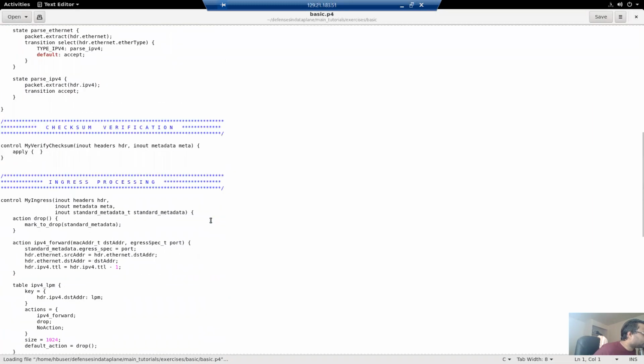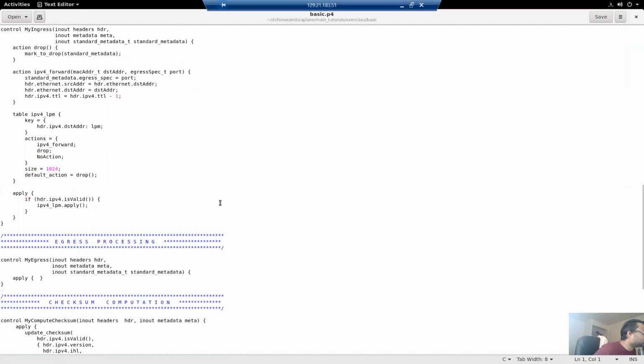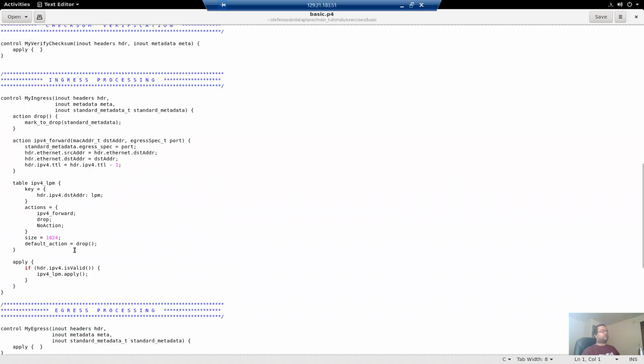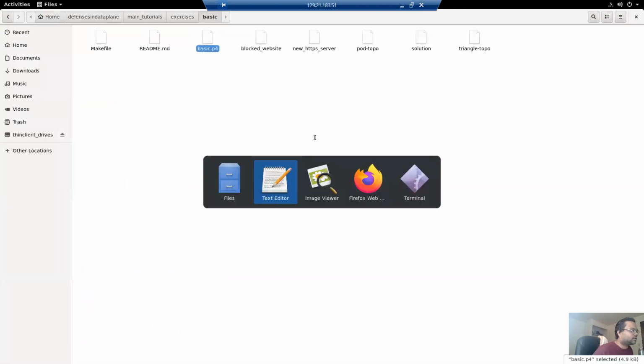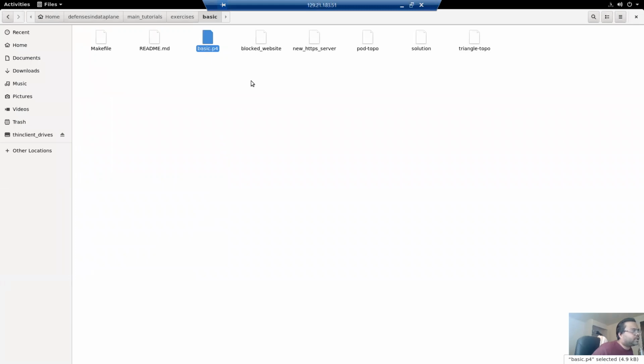This is a basic program that runs the normal forwarding. What it does is it checks the IP address, and based on that, it forwards to the corresponding port. The rules for this we will install from the control plane. And against this, we have tested our TCAM program, our own middlebox DPI program that uses the TCAM memory.